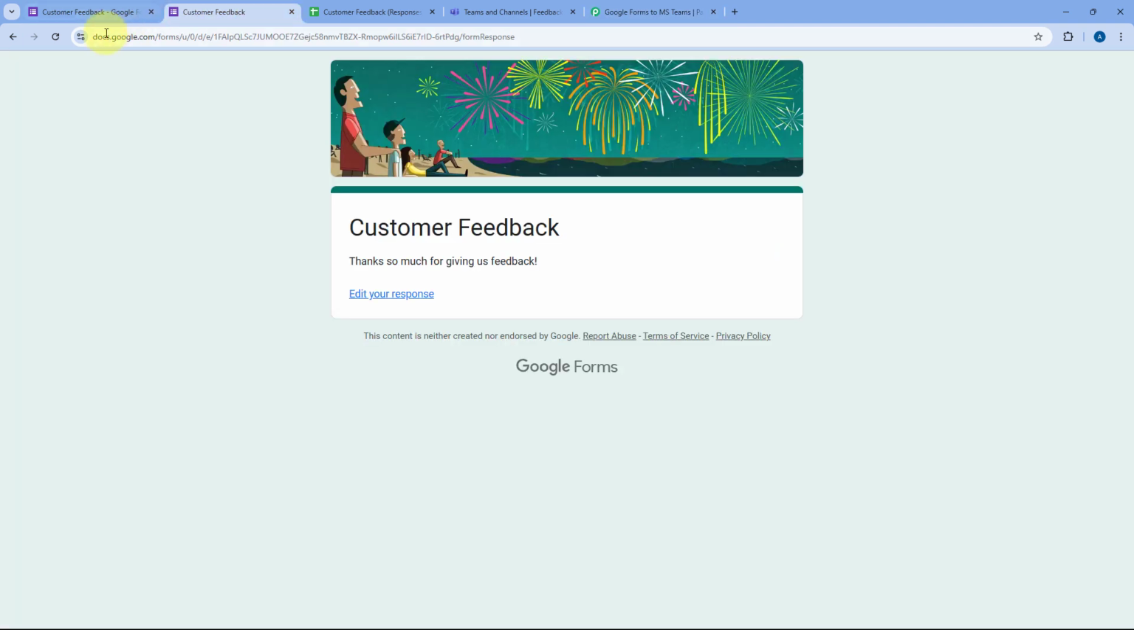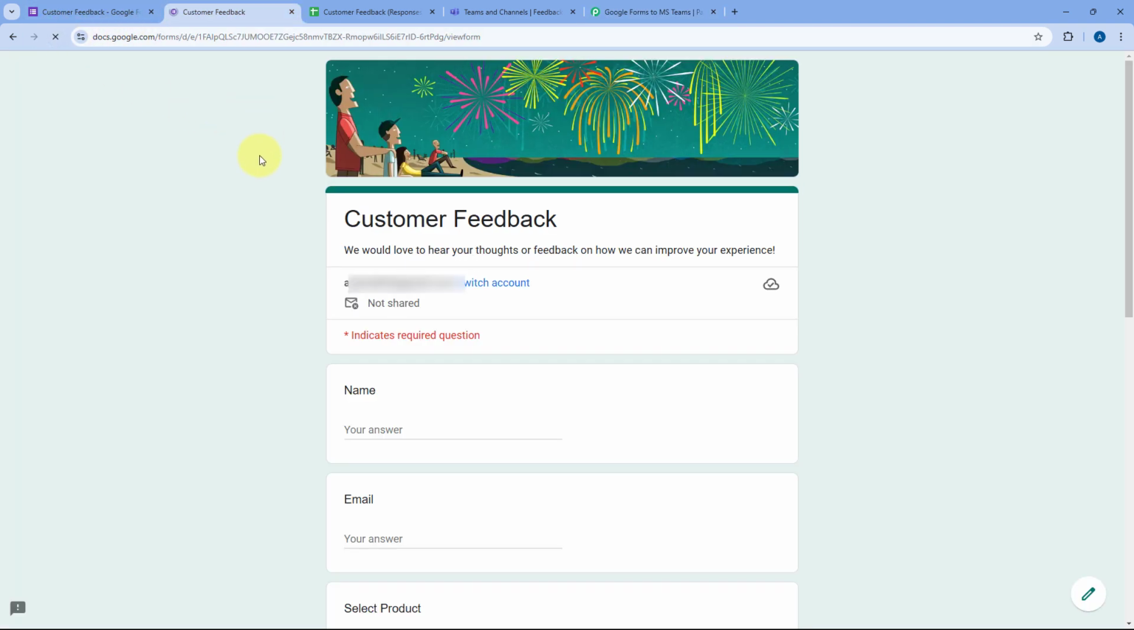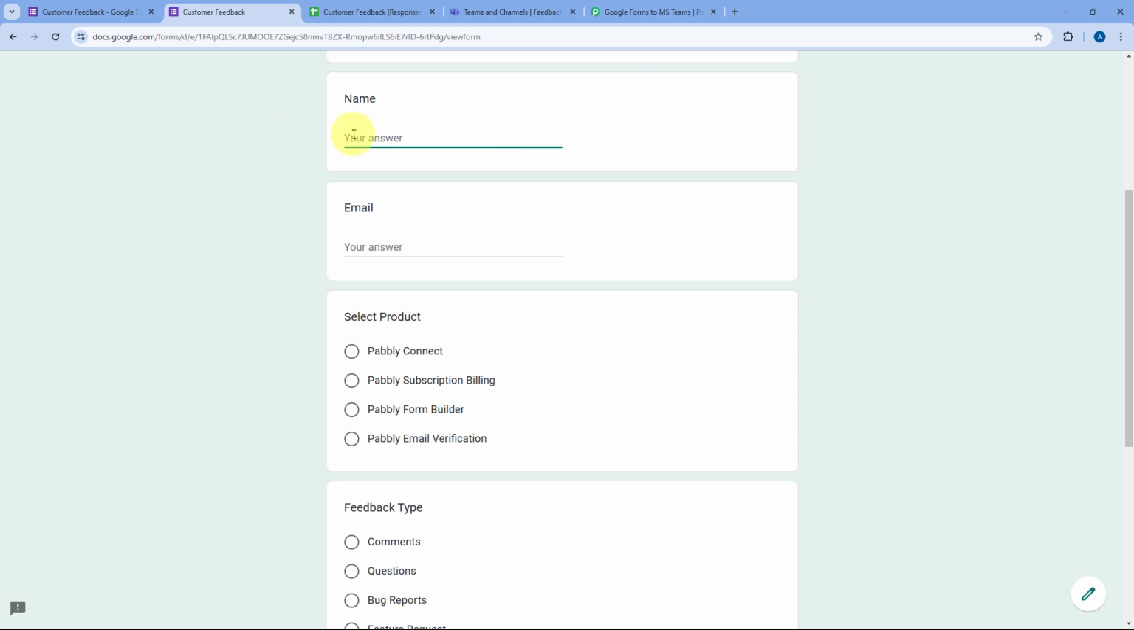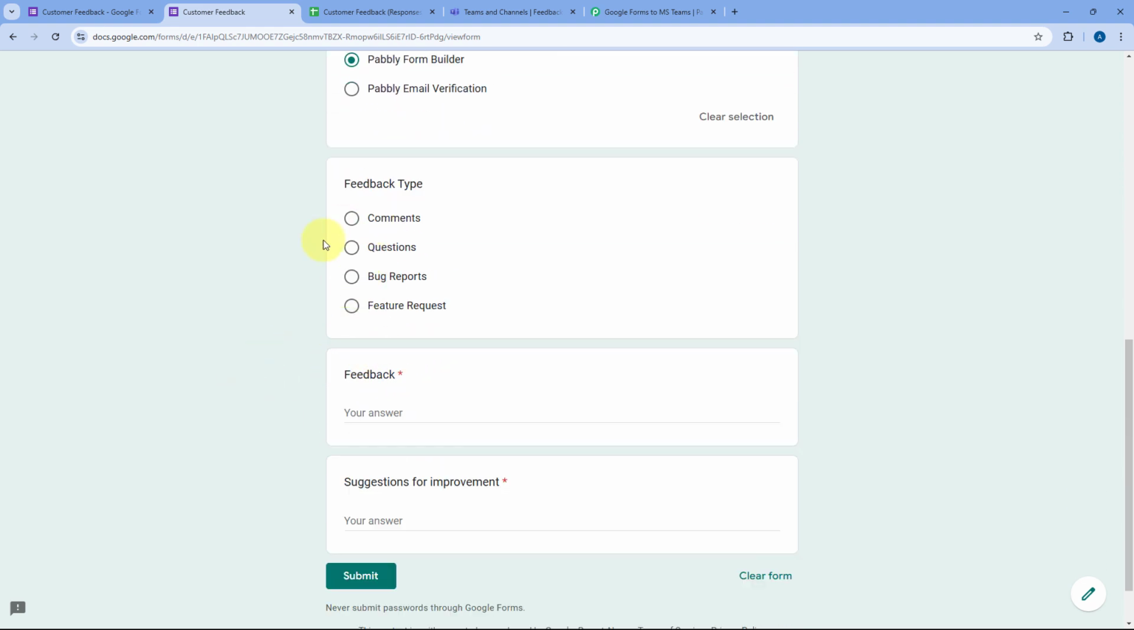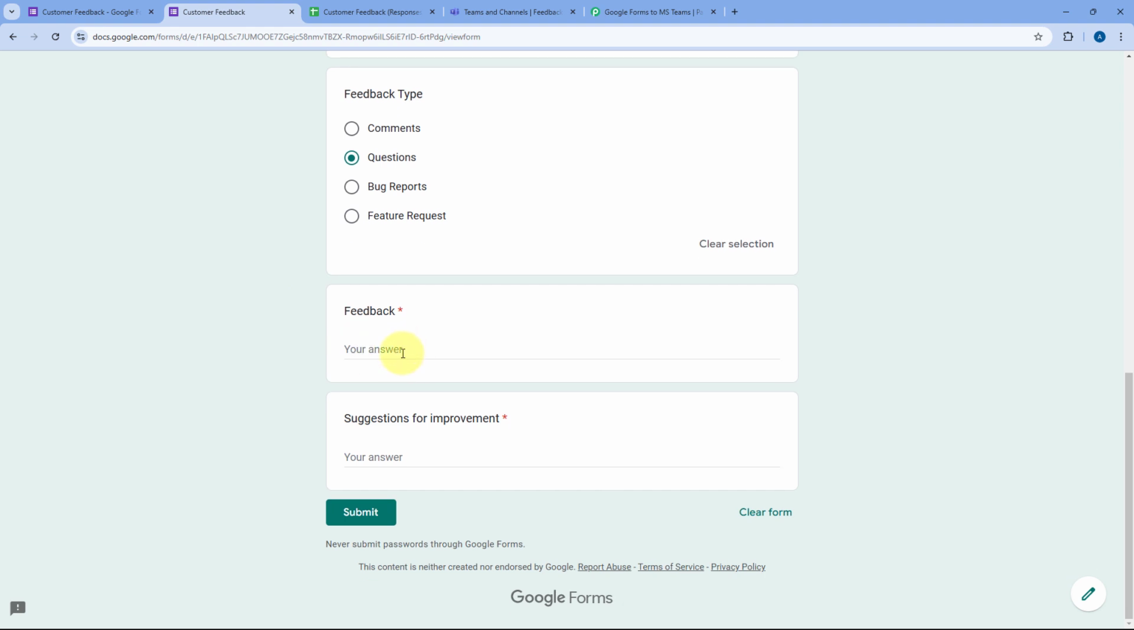For that, I'll go back to the form which we have created using Google Forms and we are going to make another form submission. Let's say the name of the customer is dummy customer. This time this is the email address. And the product is, for example, Pabbly Form Builder. The feedback type is, for example, a question. And then the feedback is basically, it's a great drag and drop form builder,